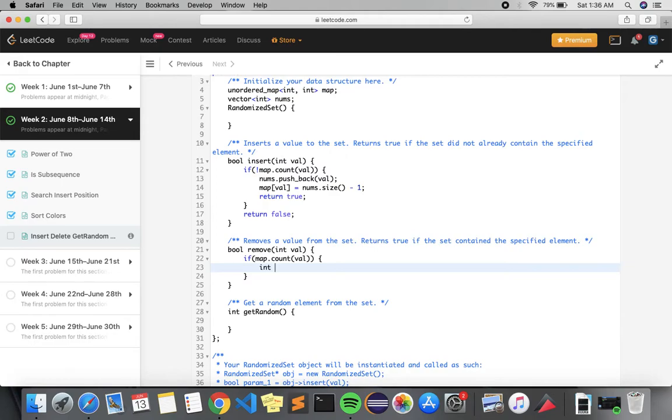So it is really confusing. Let's implement the code, and after that I will explain it to you. So last is equal to nums dot back. Sorry.